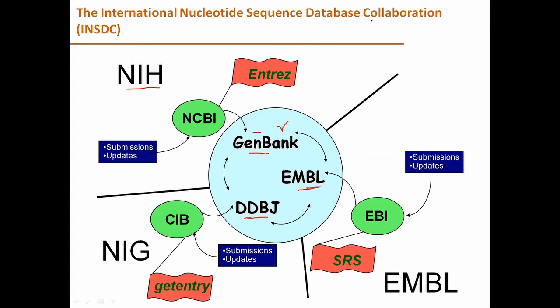Then the consortium came into existence. They said this is not the right way. If you deposit one data, again someone else will sequence the same thing and deposit into EMBL, and someone in Asia will also do the same sequencing and deposit here. So it becomes like a triplicate. And then once they have deposited here, this person can also reproduce the same thing and deposit here and claim it as a new one. So to avoid all these things, this consortium, the INSDC, the International Nucleotide Sequence Database Collaboration,